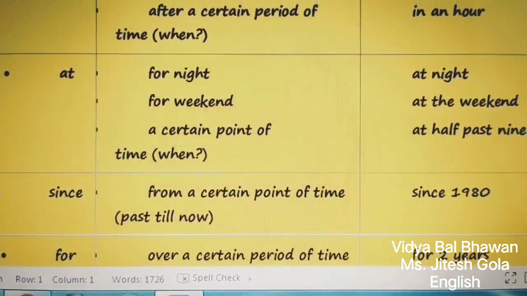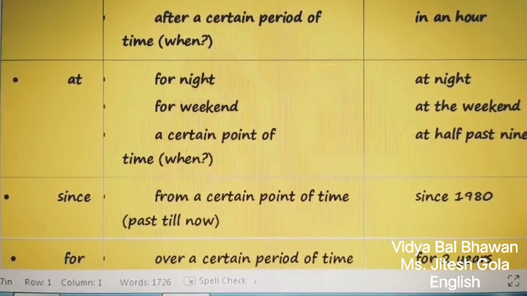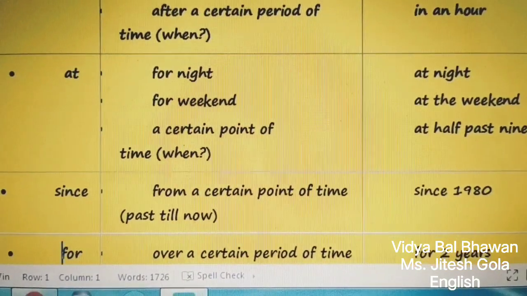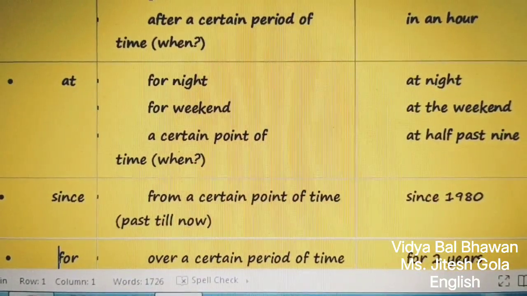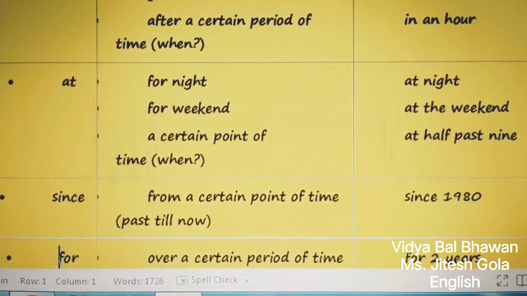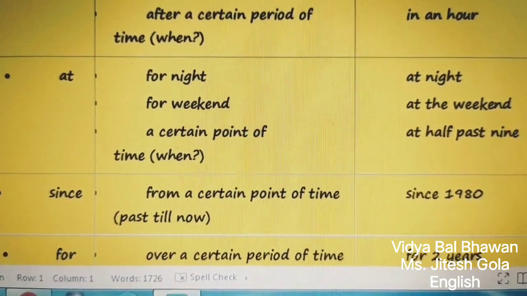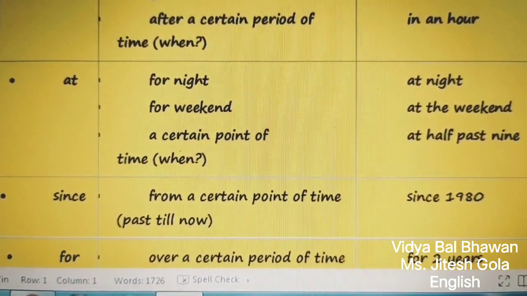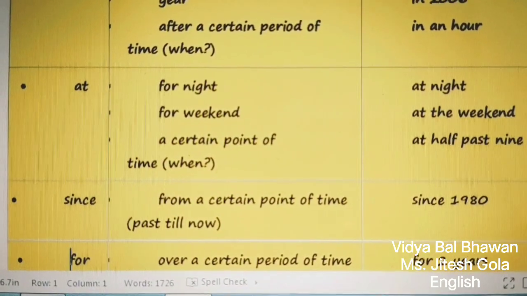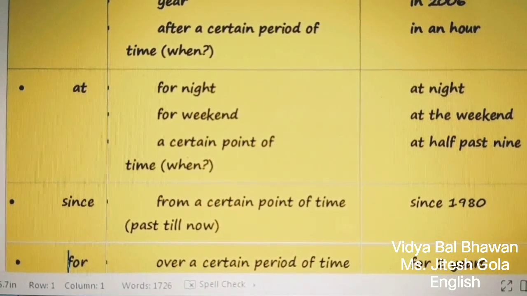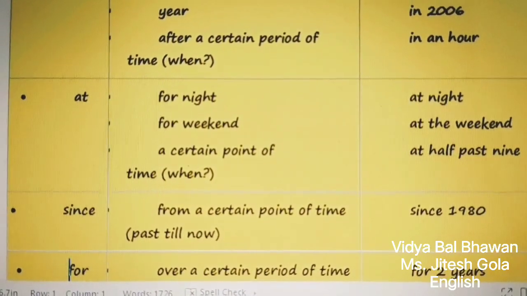From a certain point of time in the past till now, if that is continuing now also. So for example, you have written I have been living here since 1980s. So you started something in your past and you are still continuing that. So since will be used. I hope you people are very well clear with the use of since and for. Already it is in your tenses topic.